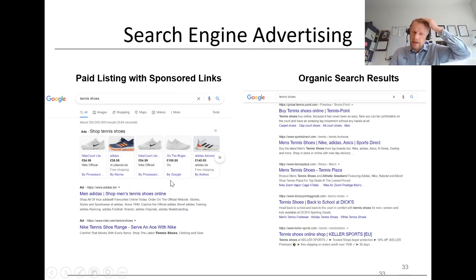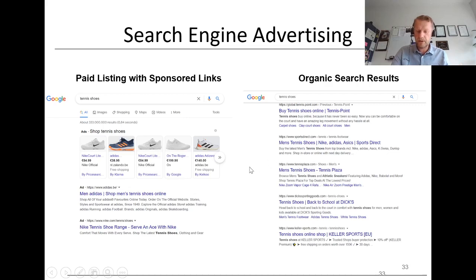We also have organic search results. If you browse a little bit further down, here you can see the organic search results. These are companies that just rank high in an organic way. They did not pay Google to be ranked there. They were just smart enough, by using all these SEO tactics, and preferably white hat SEO tactics, to rank that high in the search results. So you can see Sports Direct ranks pretty well in terms of SEO, Tennis Plaza, whatever that may be,